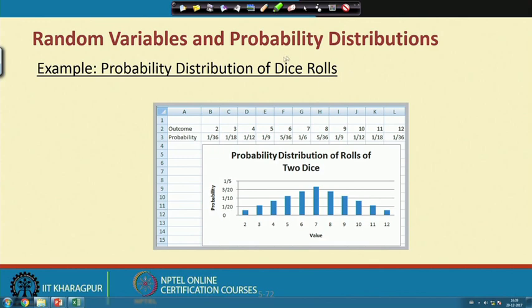For instance, this is the case of a dice roll, and here the sum will start with 2, 3, 4, which we have already discussed in the last discussion. Corresponding to 2, this will be 1 by 36, because the frequency will be 1. Here the frequency will be 3, again here the frequency will be also 3, then again the probability will be 1 by 18. So, it is two different cases, 2 by 36. So, this comes to 1 by 18.